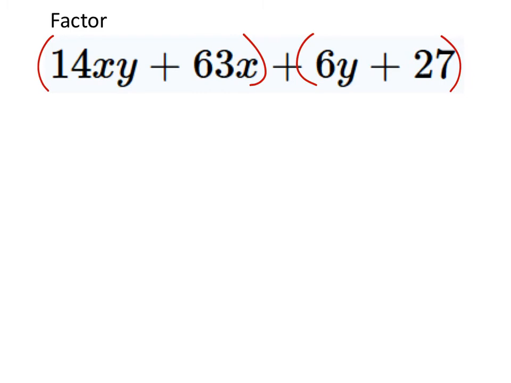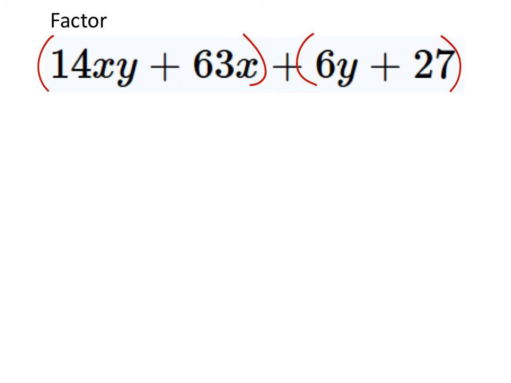And I'm going to factor these 2 sets of parentheses separately. And then after I factor them completely, hopefully we find a common binomial factor that we can factor out from there. Just like we saw in that last example, all right? So just starting with the